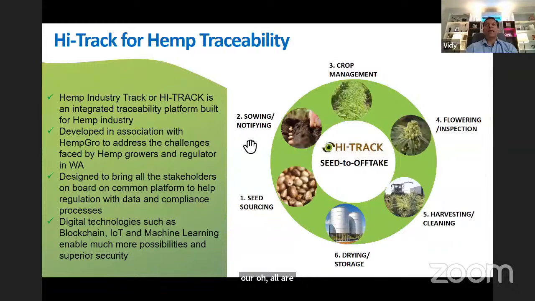GPS geotagged. Next is crop management. So crop management would be monitoring the growth of the crop, monitoring the health of the crop at different stages. So it could be putting the fertilizers, or if it is grown organically, then recording that there is no fertilizer that is used, and how much water was consumed.